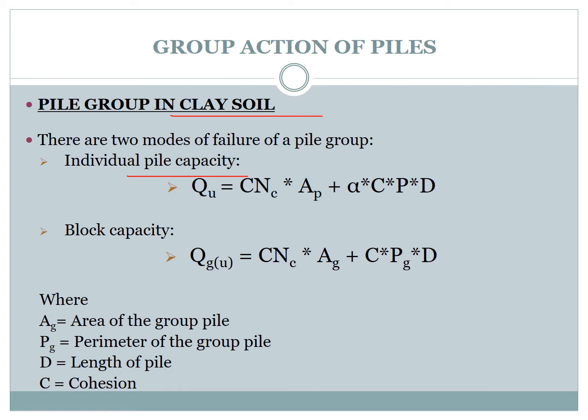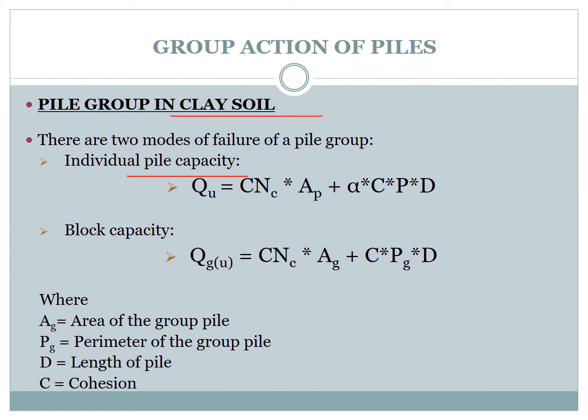Okay, so the limiting value of spacing for pile, at which the load carrying capacity of the pile group obtained from two criteria, block failure and individual pile failure, are equal, is usually considered to be 3 times the width of the pile, where B is the diameter of the pile in case of circular pile.